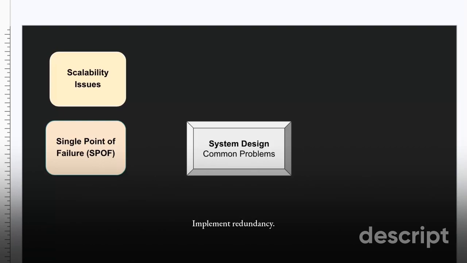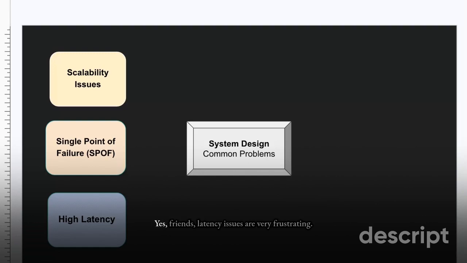Implement redundancy. Have multiple instances for your critical services. Use database replication like primary, master-slave. Introduce a failover mechanism, so if one service fails, another service will take over. I hope you understand single point of failure and how we can handle this issue. Let's move to the third problem,